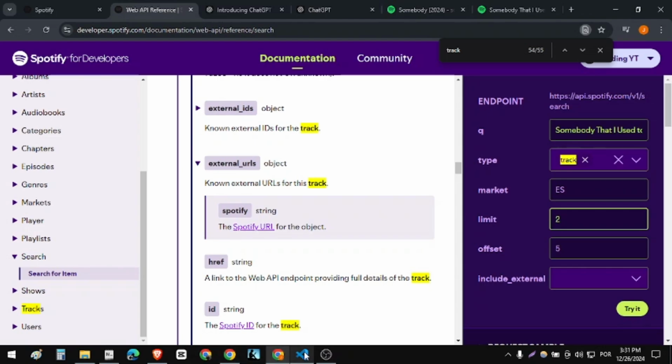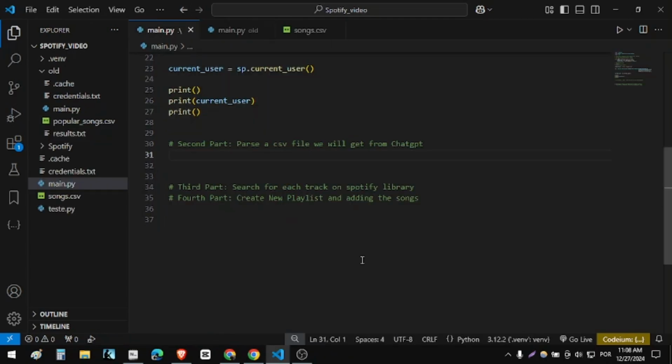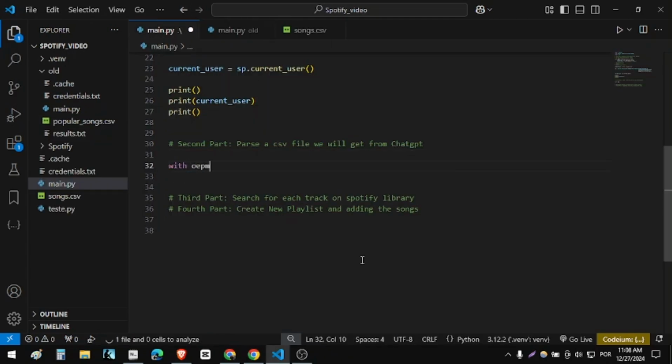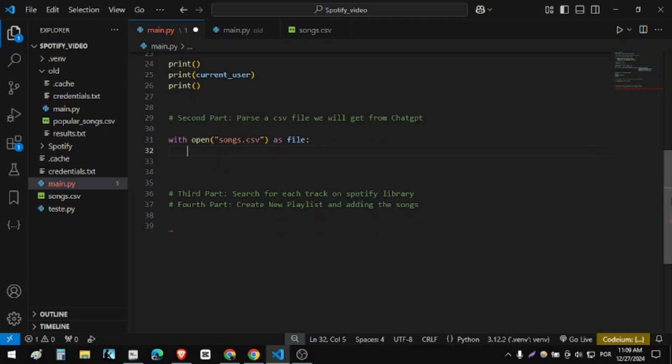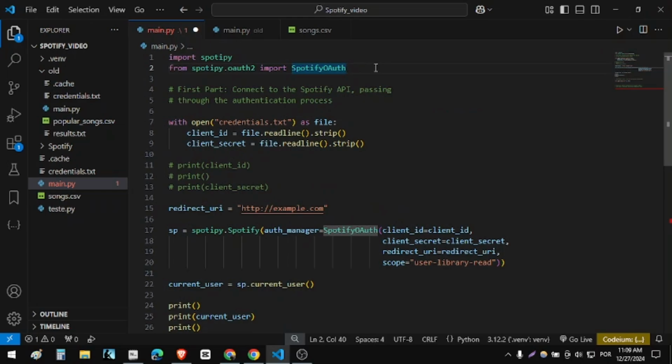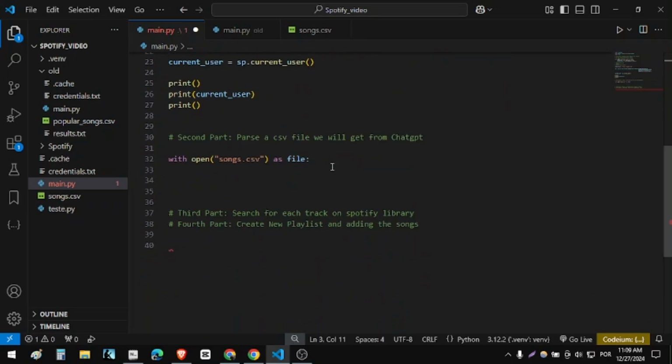So with this in mind, we need to get the name of each song here and the artists for each music that we want to find on Spotify. So now I will open the file using a context manager here, which is this with. If you don't know why to use a context manager, basically it will close the file automatically after this snippet of code. So to parse better the contents from the CSV file, I will import the CSV module, and I will use a method